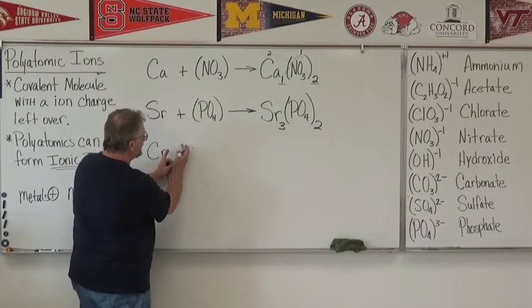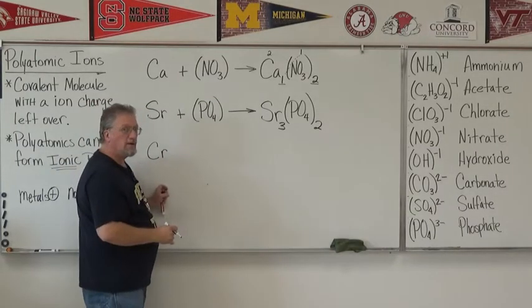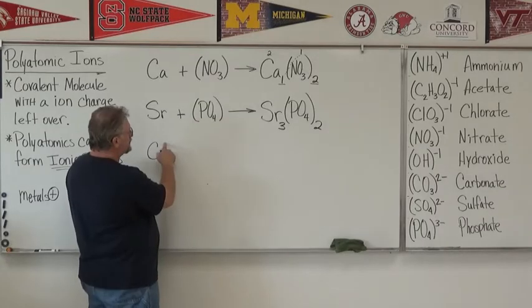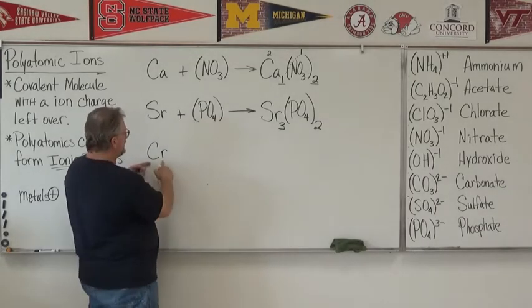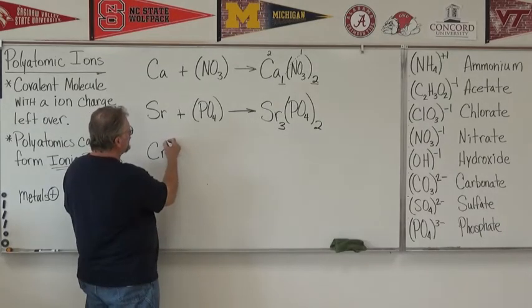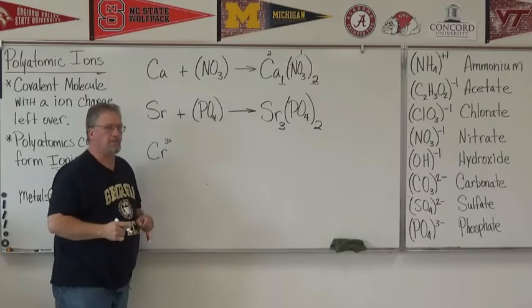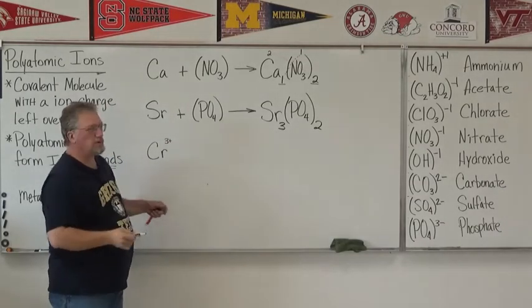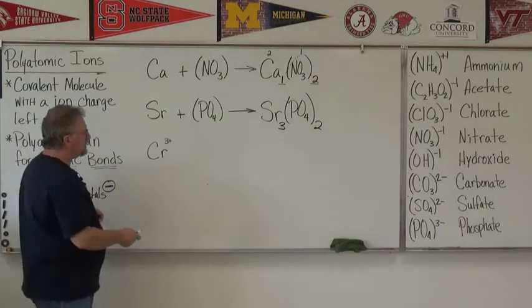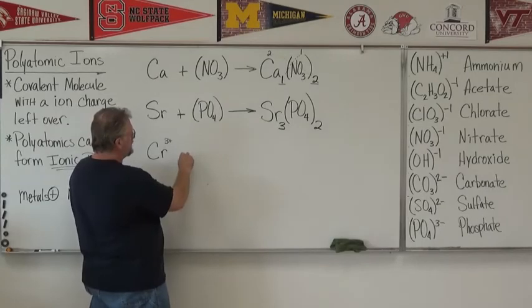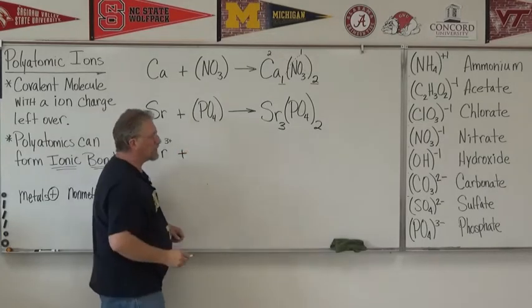And remember, there's a couple of different ways they can tell you. They can put parentheses right here and put the Roman numerals there. Or the easiest way, put a little charge number on there, just like you see on the polyatomics. So let's say this is chromium 3. Okay, this is chromium 3. And if you look it up, there'll actually be a little plus sign on there because chromium's a metal and metals like to be positive, right? Because they lose their electrons. So anyways, this is chromium 3. And we're going to combine that with,